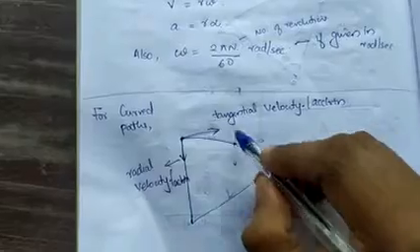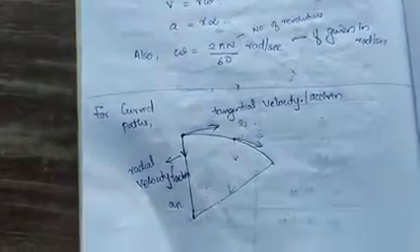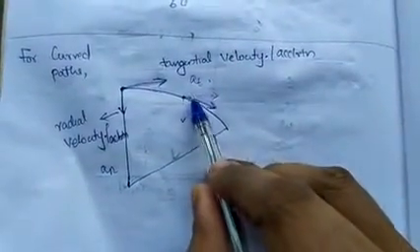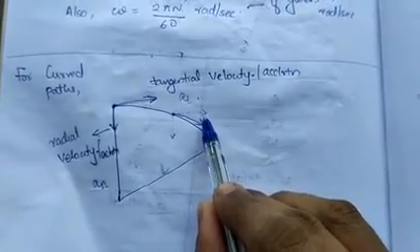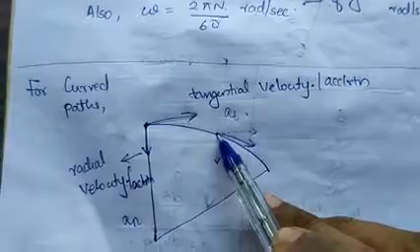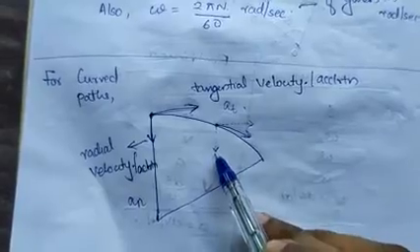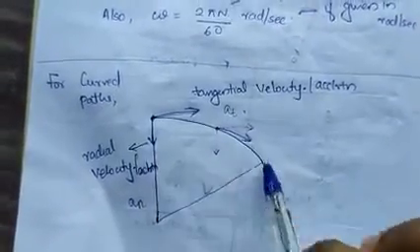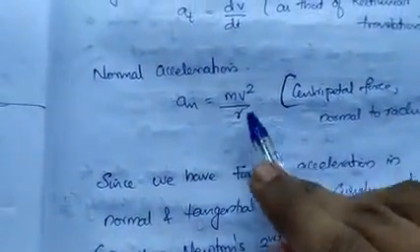Radial acceleration is given as an and tangential acceleration is given as at. Now, at is of rectilinear motion, it goes straight, right? So in case of at, you can give dv by dt. But an is towards the center, so it's in vertical direction, right? So this will have a centripetal action. That means an is v square by r.